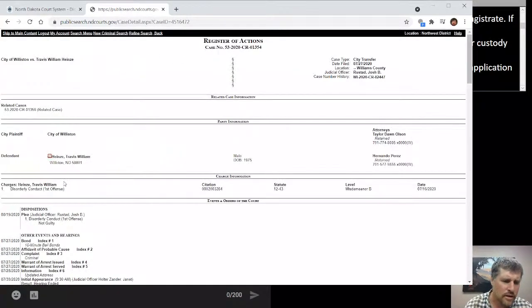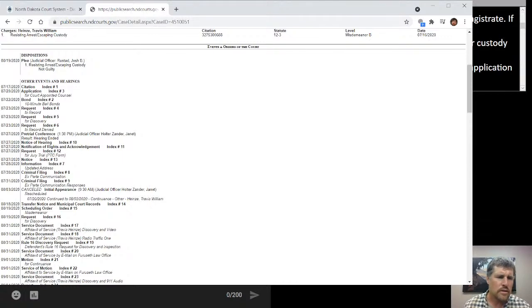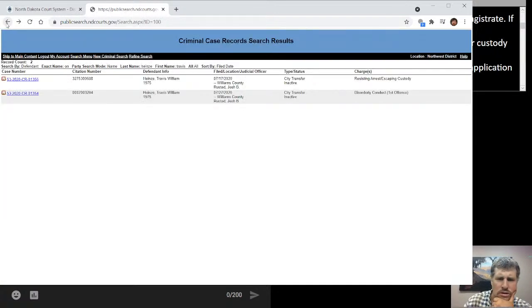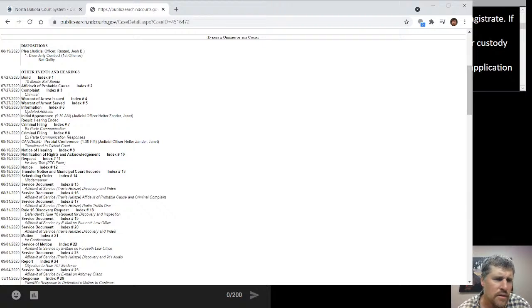But I think I need to look at the first one because the first one is slightly different. And if I wanted the secretary from Nearing Law to give me a copy. I don't know how to say it exactly. None of this really looks like a citation. No, oh, it would be for the second arrest actually. That's how I got the arrest. So the disorderly conduct came second. So there was affidavit of probable cause. I need to ask the secretary at Nearing to send me that to put into my file,